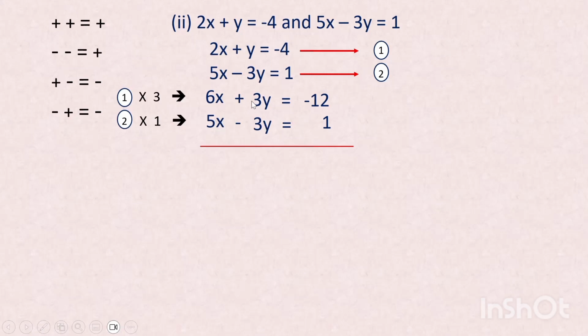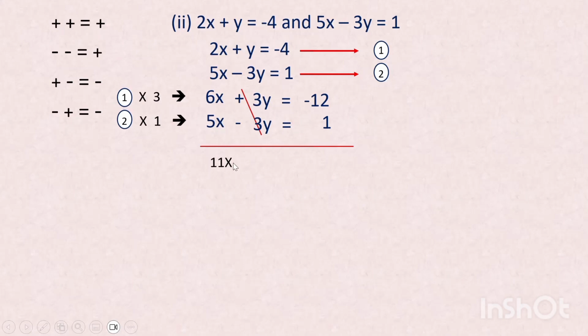Why? Because we can already cancel the variable y, right? So no need to change the sign. If the operators were the same, minus minus, then you can change the entire sign of any one equation. Here minus, here plus, here minus, you can change. But here we can cancel it, right? So I'm cancelling now. Now see, both the signs are plus, the bigger value is also plus, plus plus is plus,